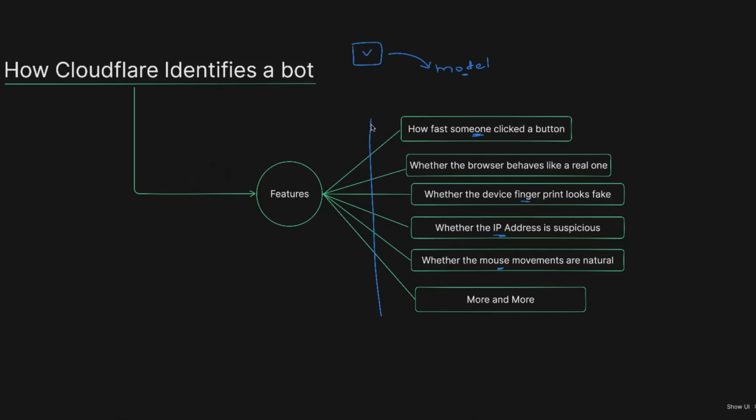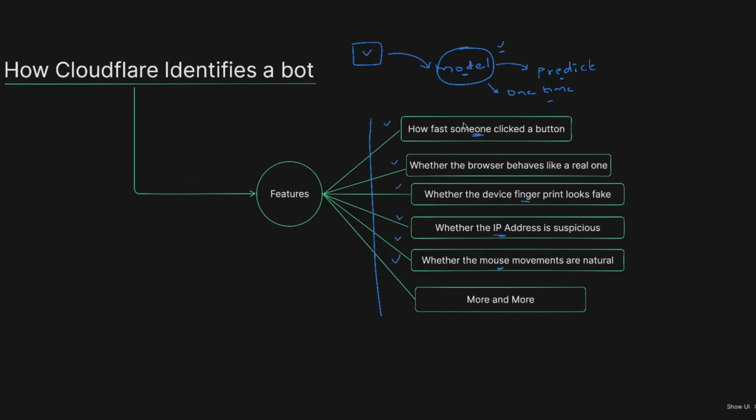So the Cloudflare team must have collected historical data of these features and they must have trained their intelligent machine learning model on these features. Obviously, once the model is trained, it starts predicting if the checkbox is clicked by a human or a bot. Sometimes it can go wrong as well. That's why, sometimes even if the checkbox is clicked by a human, it asks you to do it one more time. Things like when it is not sure. So the bot management system uses this machine learning model to predict if you are a human or a bot that is clicking on the checkbox.